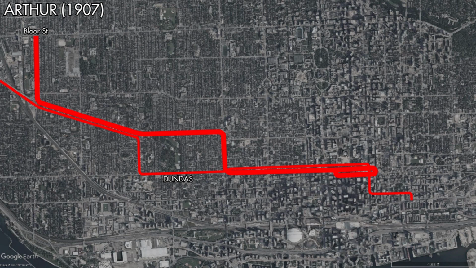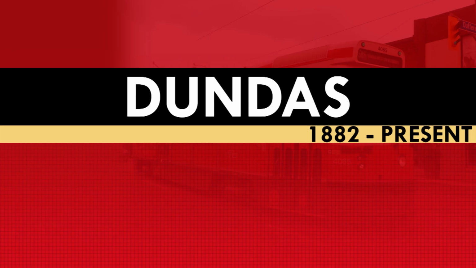It would then run south on Bathurst Street, east on Queen Street, south on York Street, and east on Richmond Street to Victoria Street before looping around via Queen Street. In 1909, the Dundas and Arthur streetcars would be merged, forming a single route, as by this time the Toronto